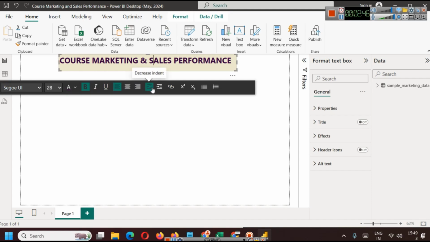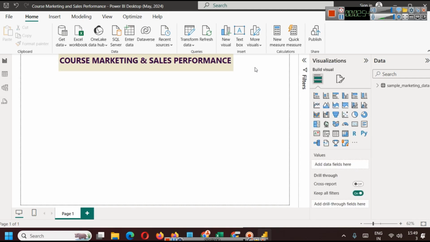Now after using this, let's select and decrease indent here. So this has become course marketing and sales performance. Here on the right hand side we can create some cards. So let's create a simple card here and let's keep its height almost equal to the height of this,